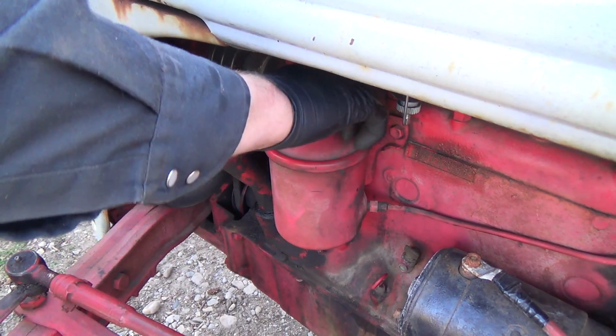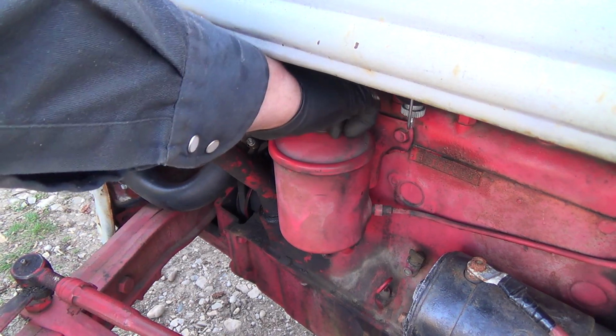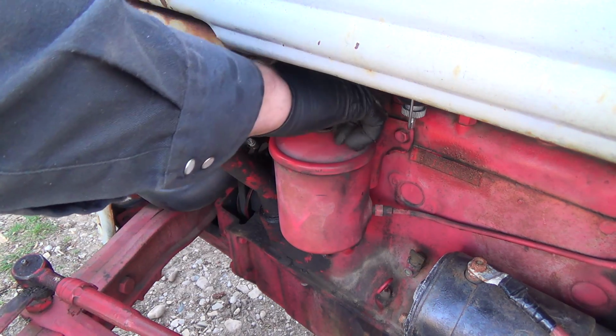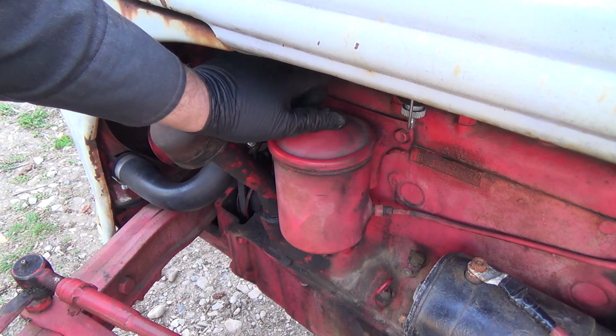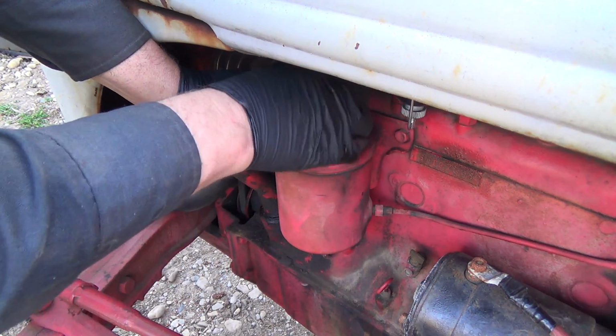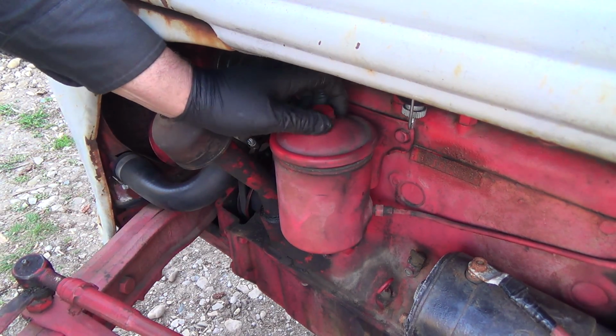pop this guy off. What I was wanting to do was run some like 1030 in it for a little bit, let it kind of flush that around. This should be a big long bolt. Oh, I don't remember there being a spring in there though. Let 1030 flush it around a bit, and then